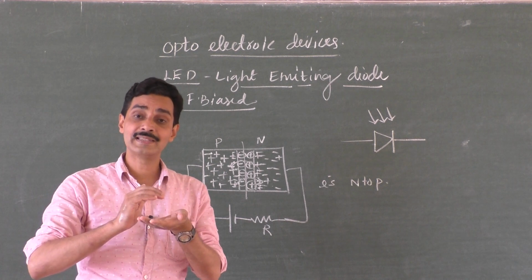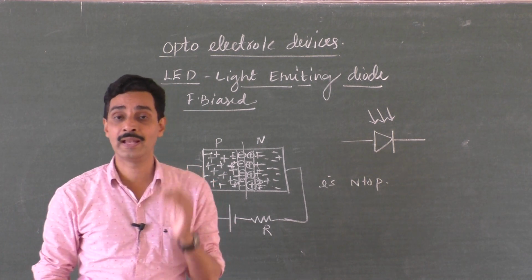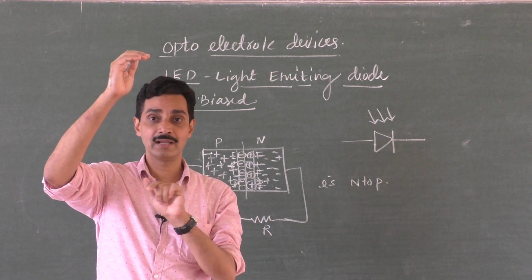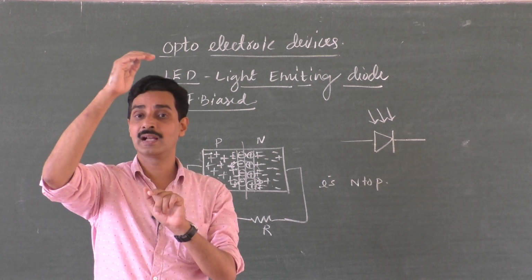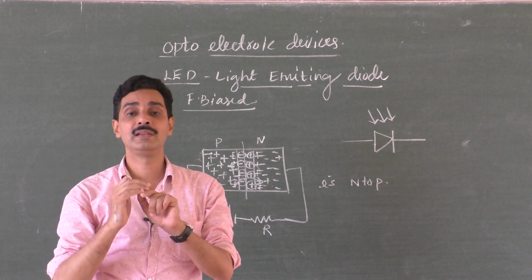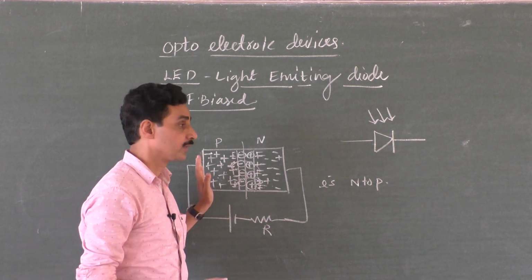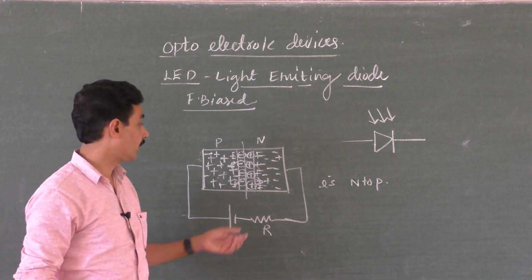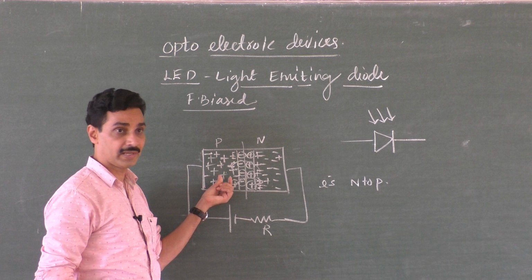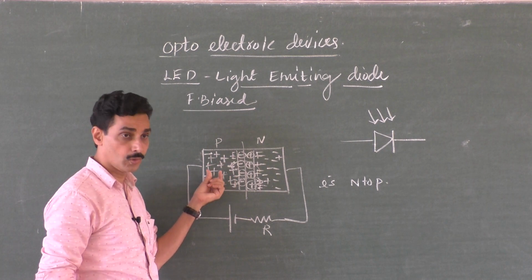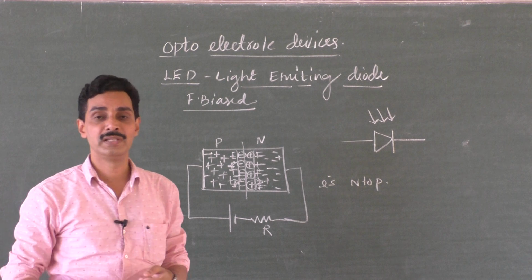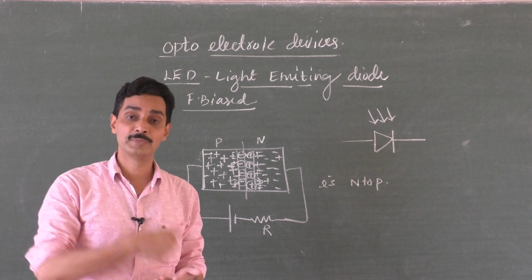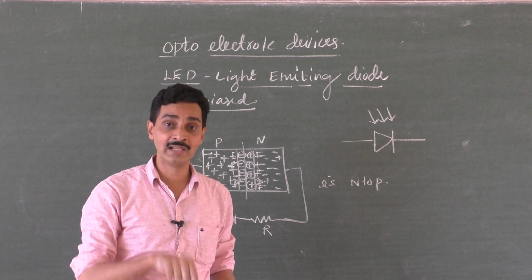And what do you mean by electron filling the hole? Electrons are found in the valence band. When the electrons are supplied with energy, they go to the conduction band. A hole is created in the valence band and the electron is in the conduction band. What do you mean by electron going to the P region? It is combining with the hole, which means it is coming back to the valence band. When the electron from the N region moves to the P region, it becomes the minority carrier and it combines with the majority carrier hole. Combining with the majority carrier hole means it is losing its extra energy, because it was free. Now it loses energy and becomes bound. Bound means more negative, right?